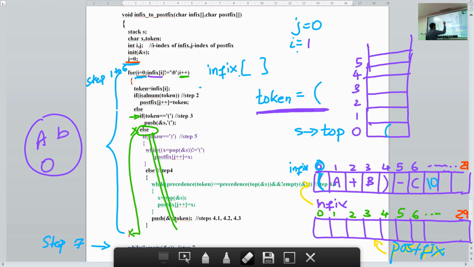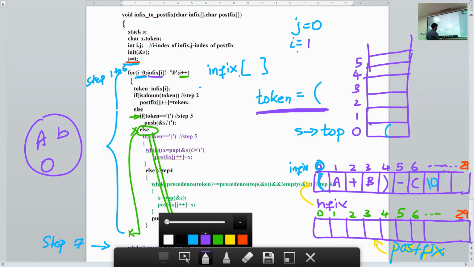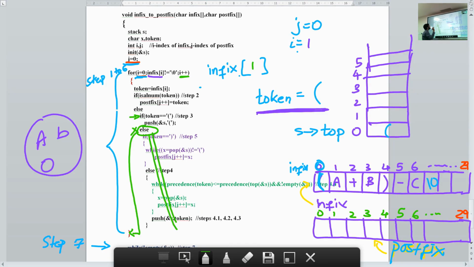So this will become infix of 1. Check now. What is infix of 1? Infix of 1 is A. This is your infix. This is your 1. So what is infix of 1? A. Is A not equal to this? Yes, it is not equal to that. So what we do?